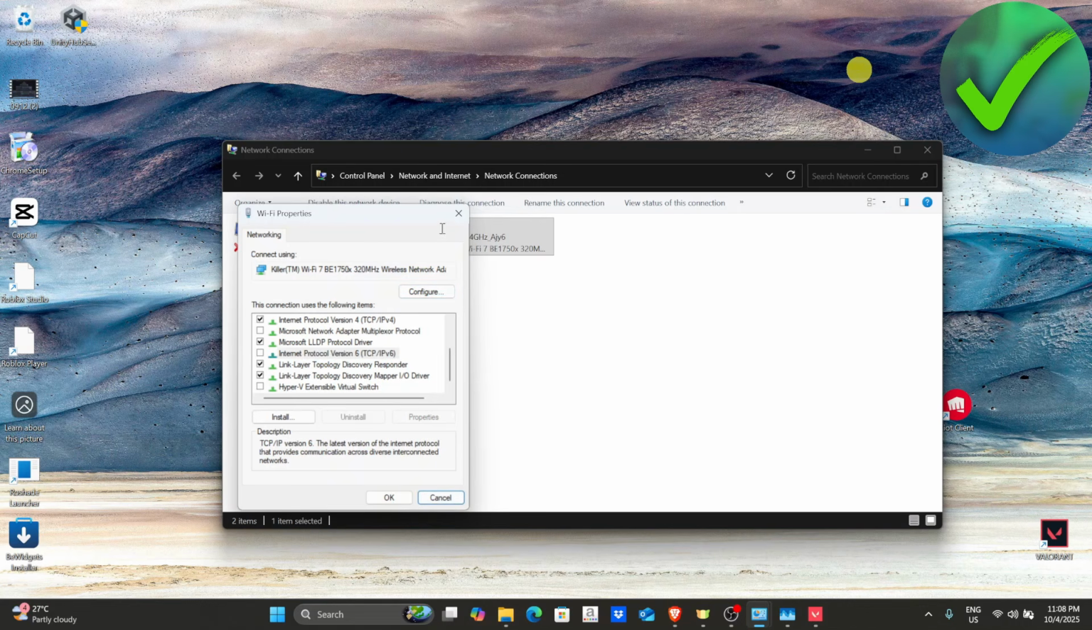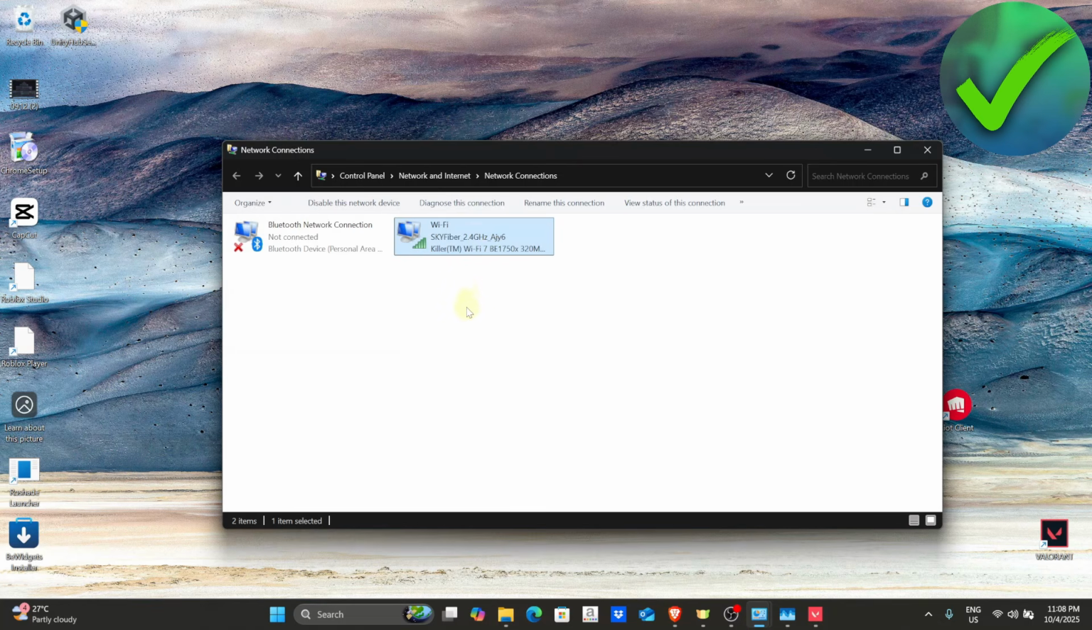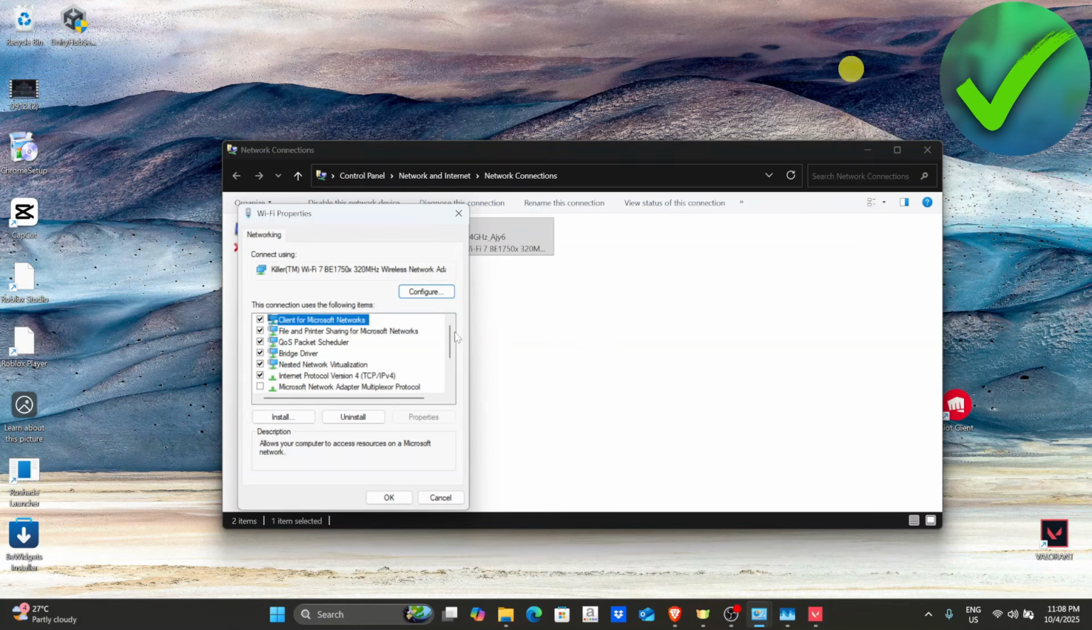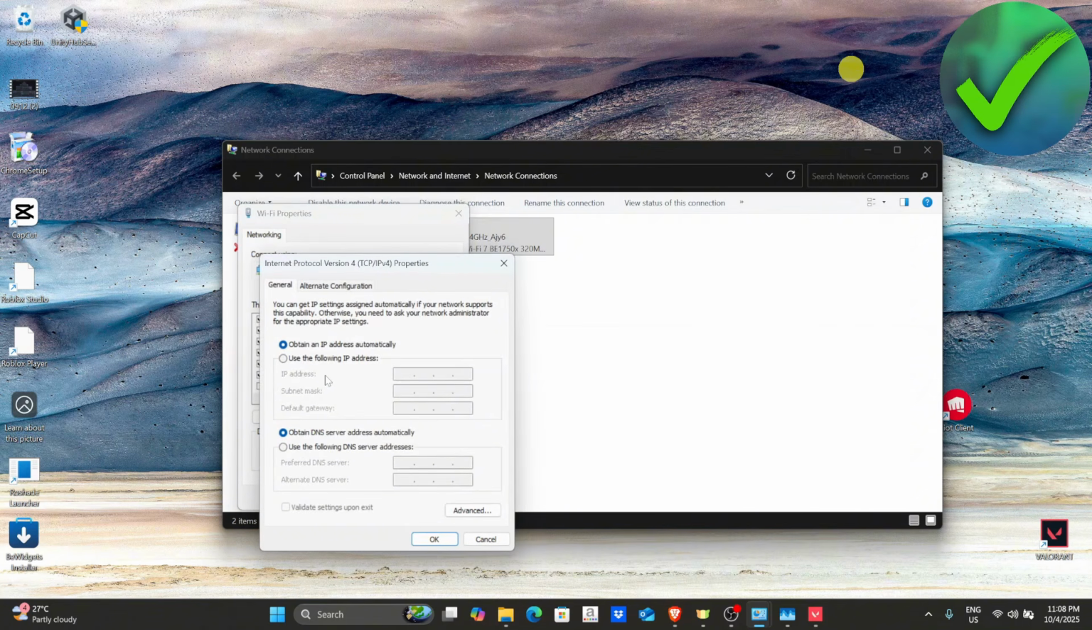And then once you click OK right there, the next thing that we need to do is to right click on this once again and then click on properties. And then once you're now here, what we're going to do next is to double click on Internet Protocol version 4. And then in this part, what we're going to do is to change obtain an IP address automatically into this. And then what we're going to do under the use the following DNS server addresses is we're going